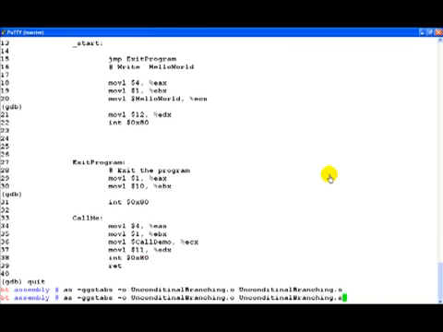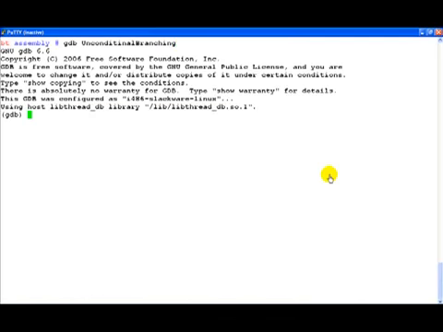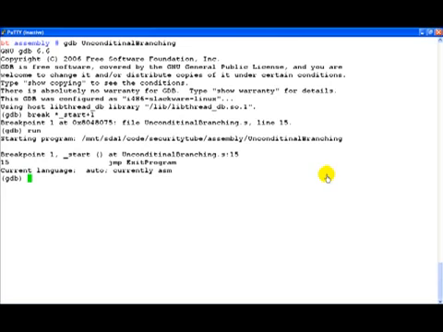Let's assemble, link and then load it up in GDB again, and let's create a breakpoint. Let's run the piece of code.